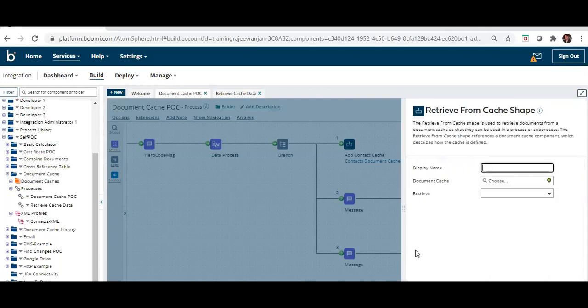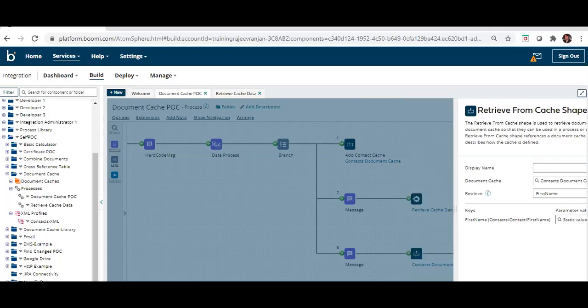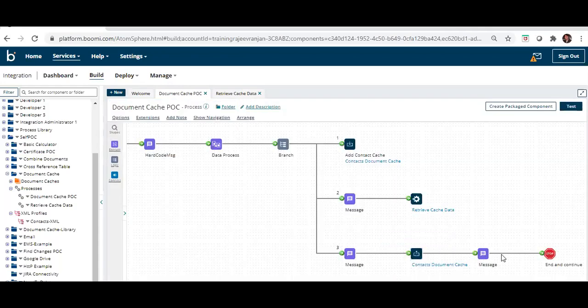Now here we are retrieving from cache. We are calling the same process, but this time we are retrieving on the basis of the index first name, and we are retrieving all contacts which have the static value John. So by using the first name index, we are retrieving all the contacts which have the first name static as John.